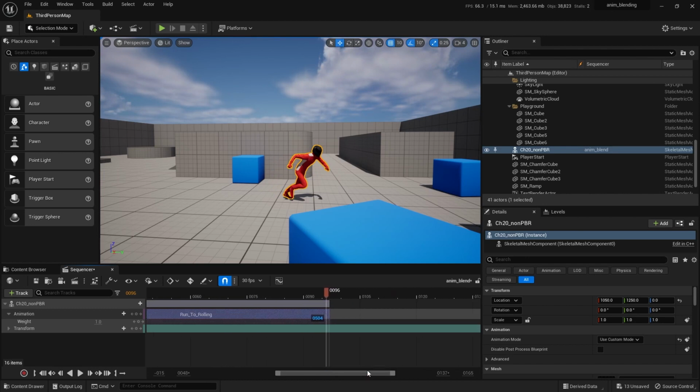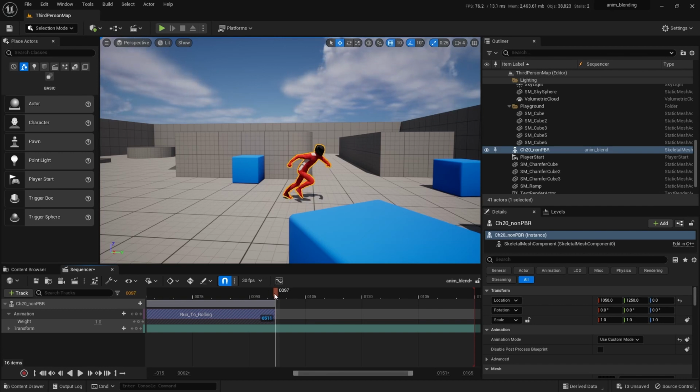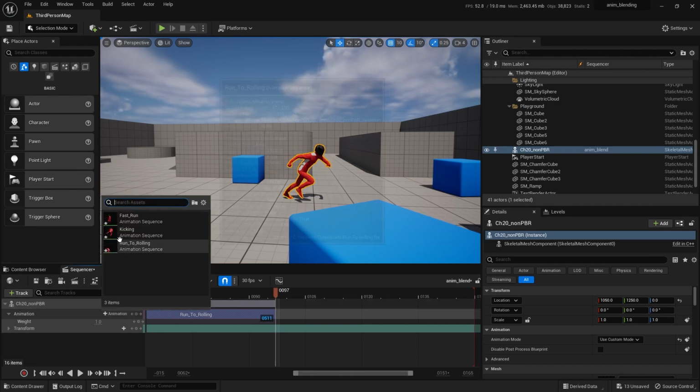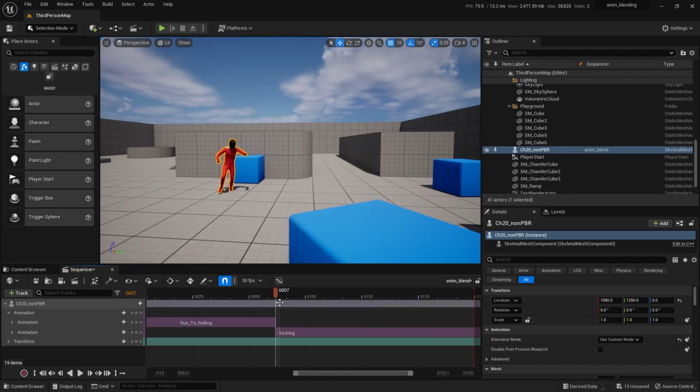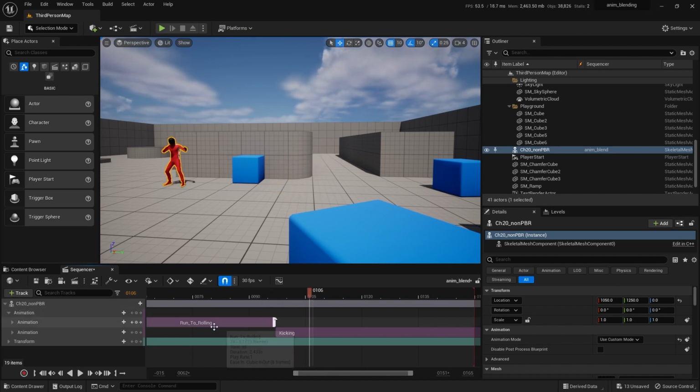Now let's try and drop in that third type of animation. That's technically our fourth clip, but it's the third final installment of our combo here. So let's do animation. What was the last thing? Oh yeah, the kicking. So he's going to come out of that roll and then do a kick. And you'll see he goes all the way back to the starting point of this one.